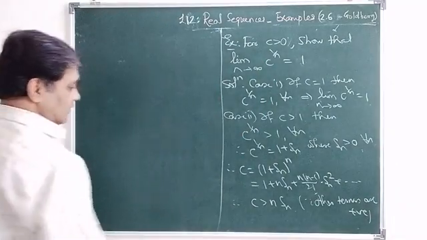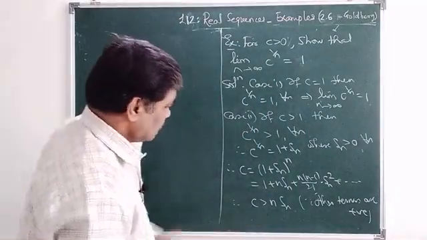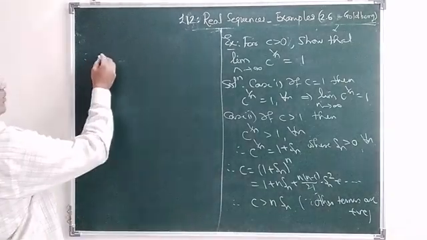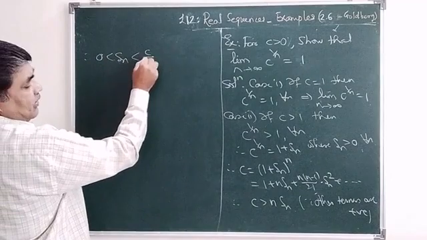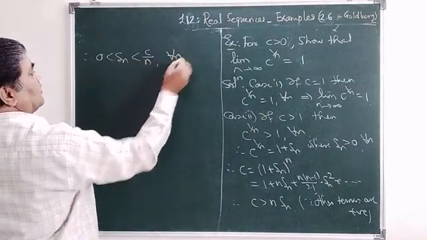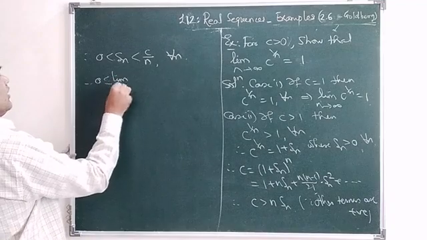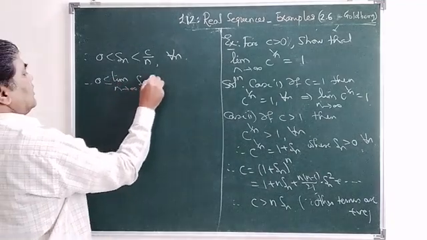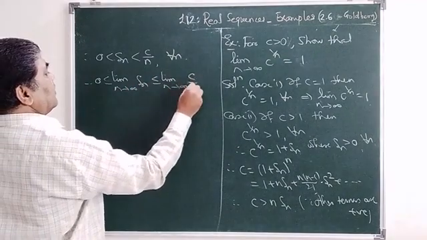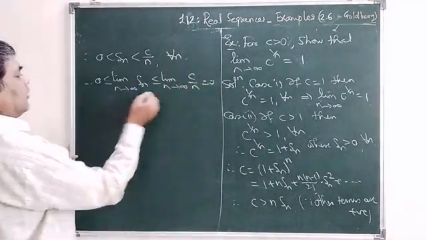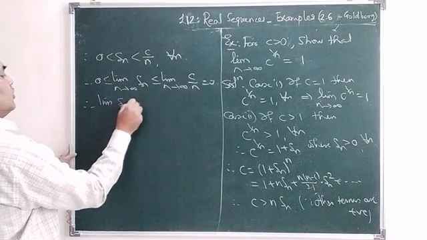So we'll get this, and therefore we'll get 0 less than or equal to Sn less than c by n for every n. So if you take the limit, 0 is less than or equal to the limit as n tends to infinity of Sn, which is less than or equal to the limit as n tends to infinity of c by n, which is 0, and therefore by the sandwich principle we have the limit of Sn is 0,